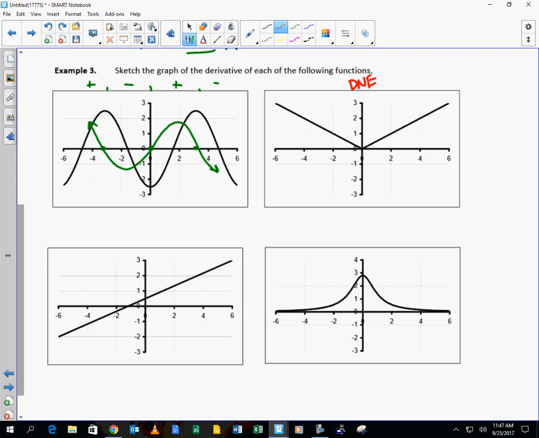How about here? Now, the slope is always the same value here, isn't it? Like whatever it is here, it's the same here. So how would you describe the slope here? Approximate it. What would you say? Negative a half? So it's always negative 1/2. And then over here, it's